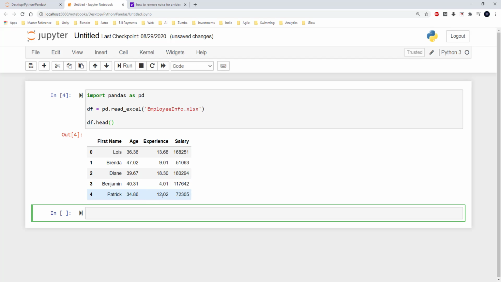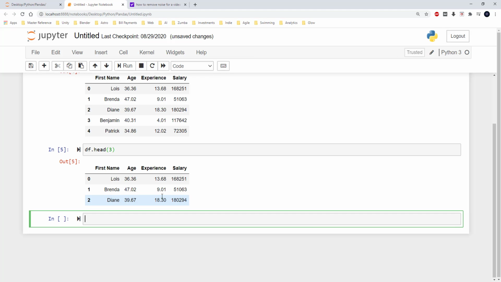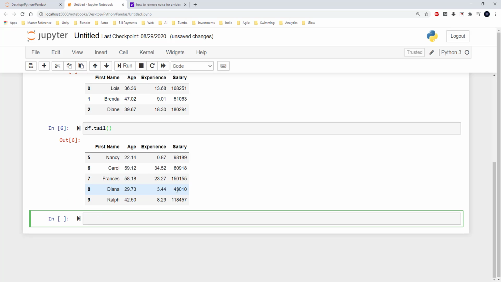I can also use df.head and pass a parameter, and if I pass the parameter as 3, then I would get the top 3 rows from the data frame. Similarly, when I want to check out the bottom 5 rows, I can use .tail and it would give me the bottom 5 rows of the data frame.